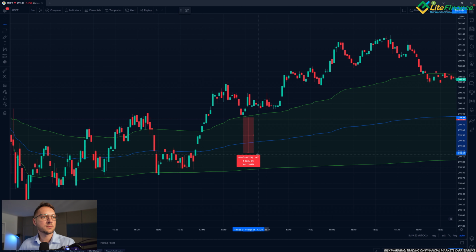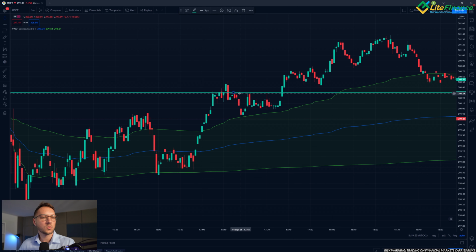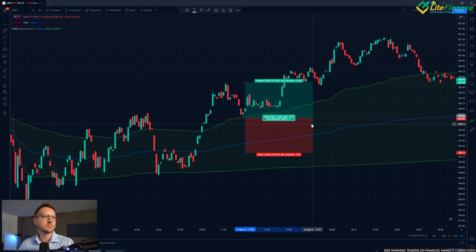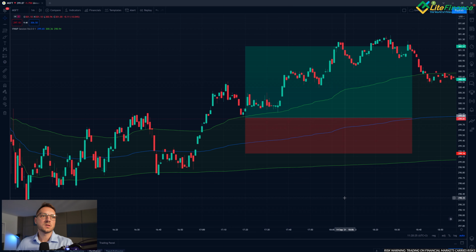Where is the horizontal line? Or no, we have a better tool, right? The long position tool. So we have 67. And as for the take profit, 2R, which is 134 in this example. Okay, so basically that is one way of trading